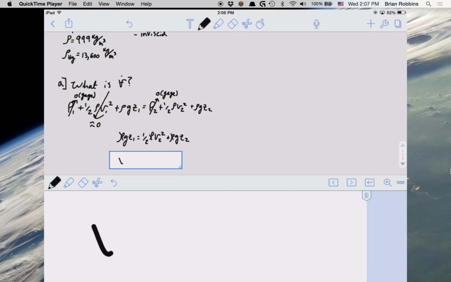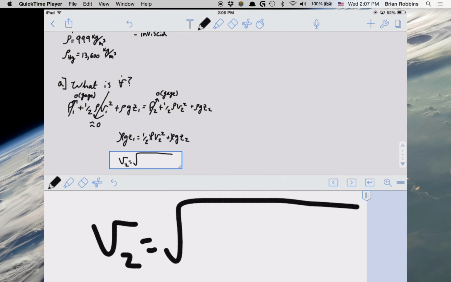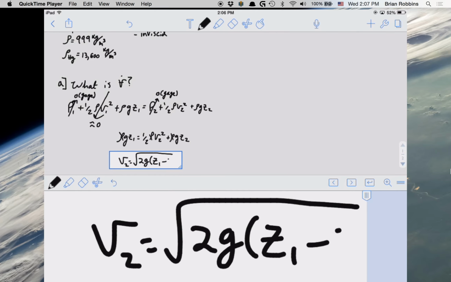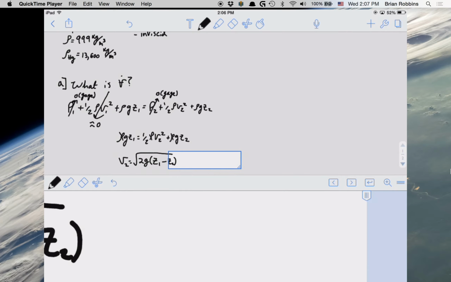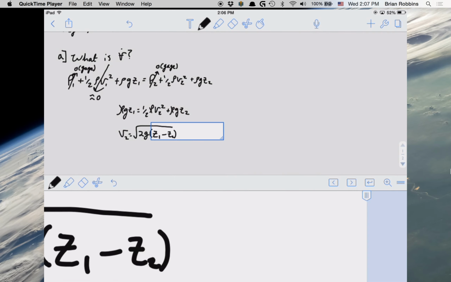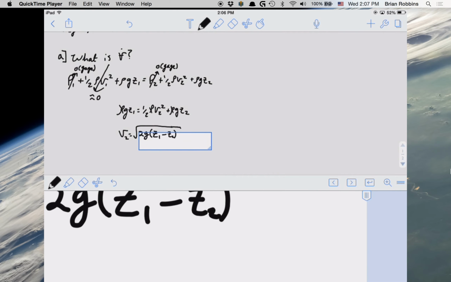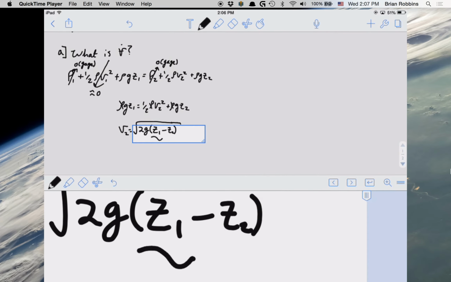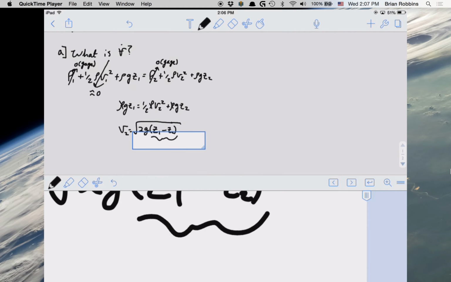And in solving for V2, we get the square root of 2 times gravity times the difference Z1 minus Z2. Now, Z1 minus Z2,